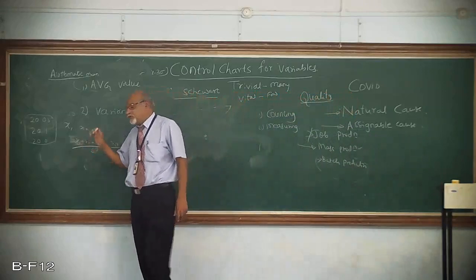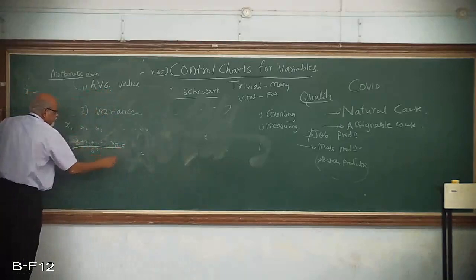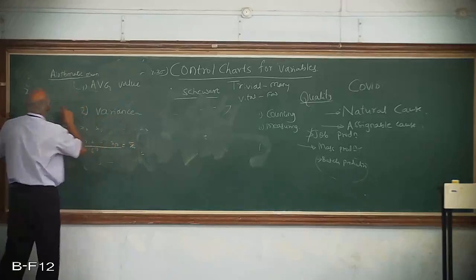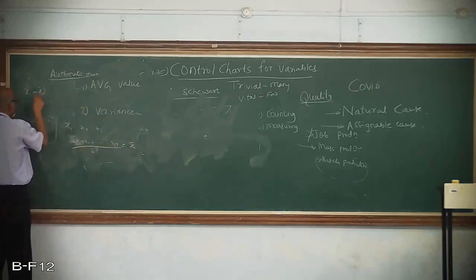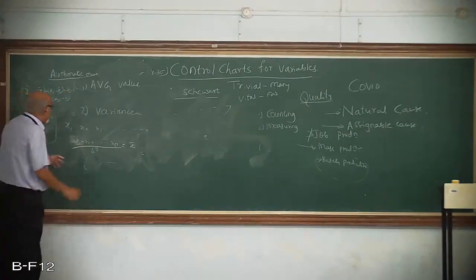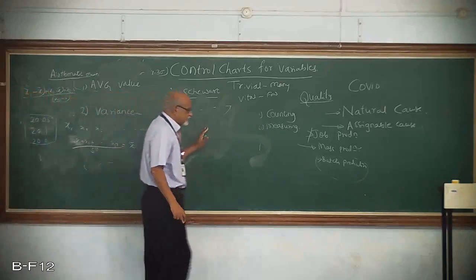You try to find out the difference between, suppose, this x1 value and the arithmetic mean we have found out, the average value, say x bar. x1 minus x bar, plus x2 minus x bar, plus x3 minus x bar, like that, up to x50 minus x bar, you find out. And find out their mean. What is going to happen? Instead of this hypothetical thing, let me take